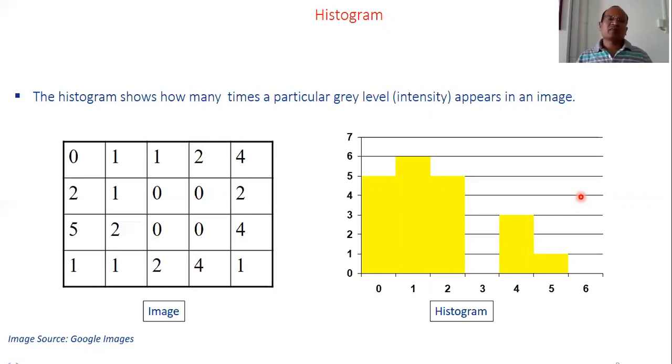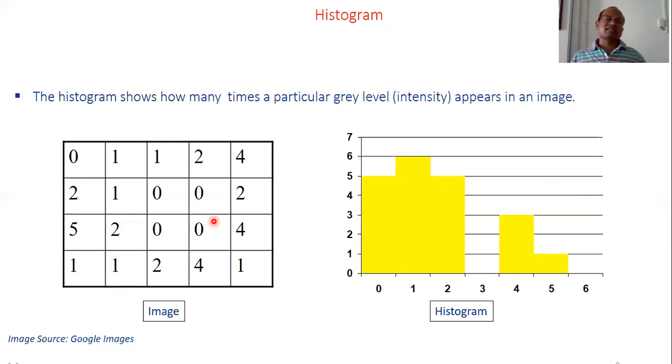As we know, an image or a digital image for a computer is nothing but a matrix. It's an array which consists of pixel values, grayscale values. It is always stored in the form of a matrix. So say this matrix is indicating an image. The dimension of this matrix is very small; this much smaller size of image generally won't be there. But for example, in order to understand, suppose this is a representation of a digital image, where these 0, 1, 2, 4, 5, 2 are the grayscale values.